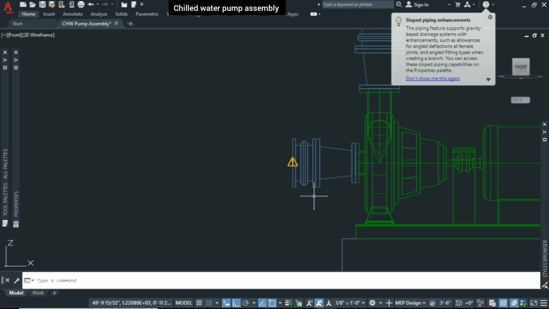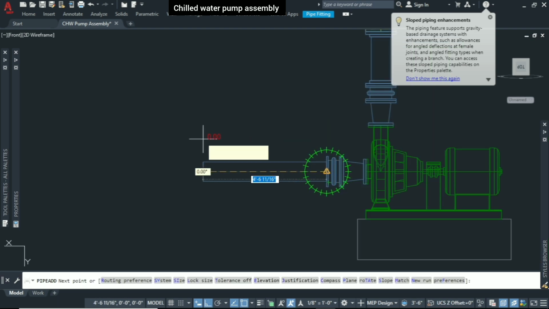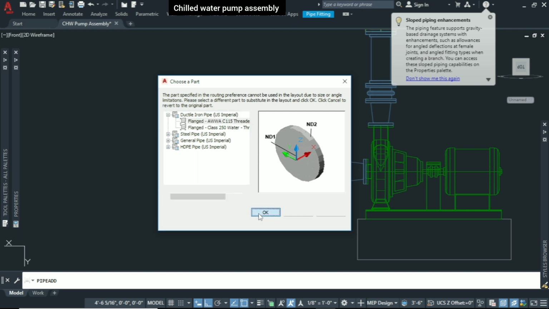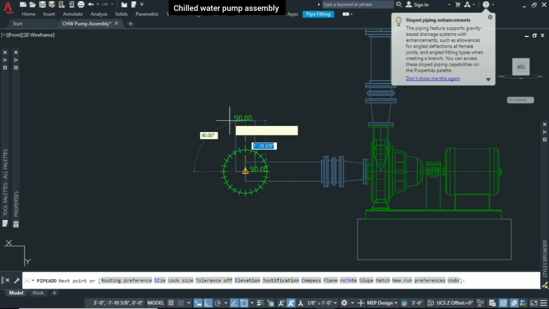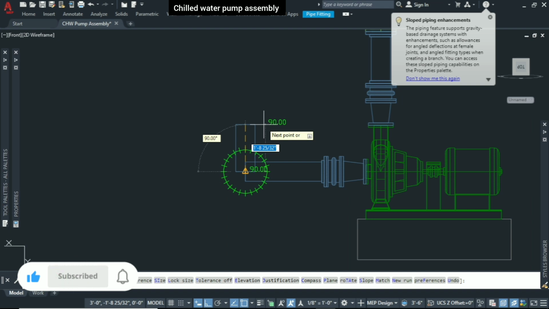So now after the rubber bellow we have to add a pipe. So click over here, bring your cursor on the plus sign, click on add pipe, and you can route your pipe like this. So give the length of the pipe around 3 feet, then add the flange, this is the flange, add the flange here, and then we have to route the pipe vertically because the pipe will go up towards the riser.